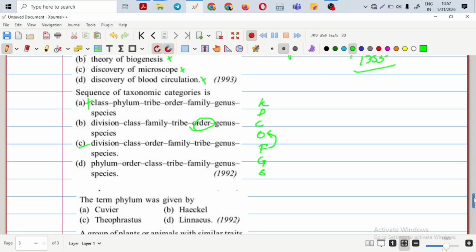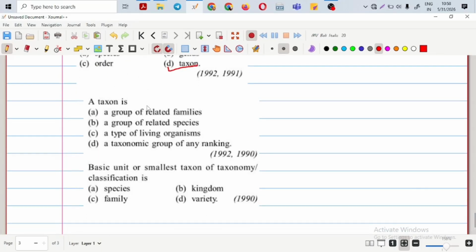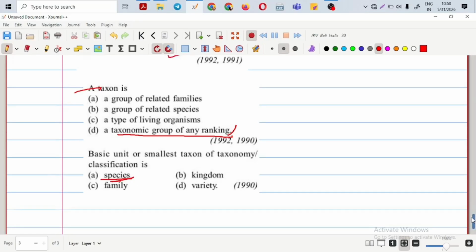The next one is the term phylum was given by. So it was Cuvier. It was Cuvier who gave the term phylum. Okay. Next, a group of plants or animals with similar traits of any rank, taxon. The next question, a taxonomic group of any ranking. Again, similar question. The basic unit or smallest taxon of taxonomy. Basic unit, species. So here comes an end to